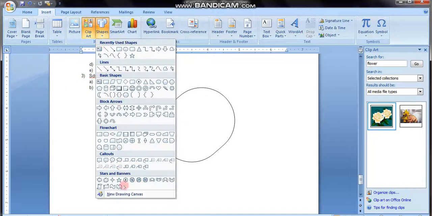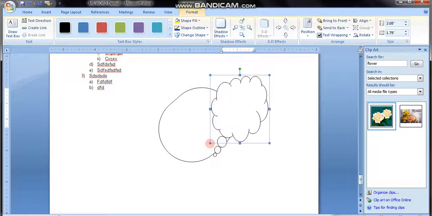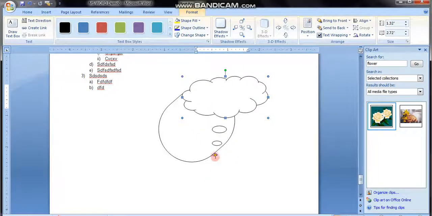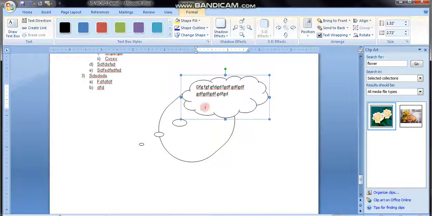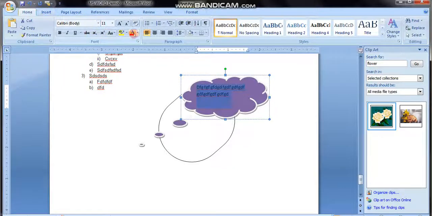There are so many shapes. We can take any of the shapes from here and put it and do some additional work with it. See, I'm just adding some content here, and after adding the content I can color them as well. I can choose the color option from here. I can give them the content color. I can provide it by going to Home, and from here I can provide.